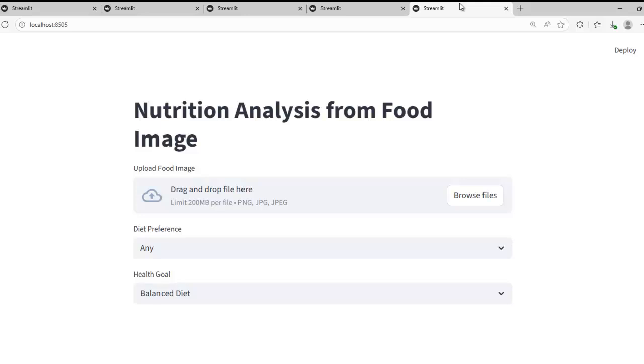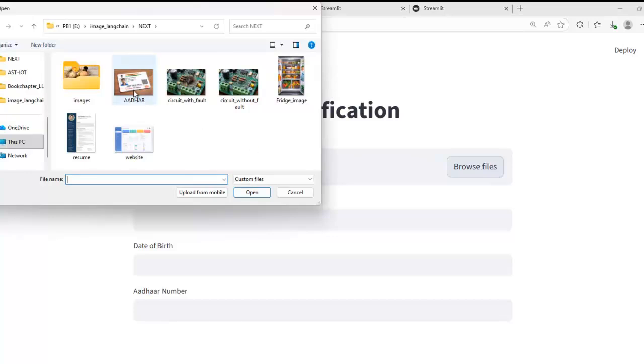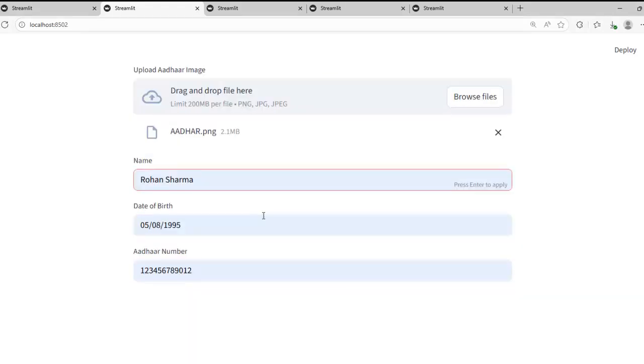So let's get started. Let's build our first application, the Aadhaar card verification application, and let's discuss the flow of the application that you can see on the screen. The user can upload an image of an Aadhaar card. The user enters basic details that need to be verified. First, the model visually inspects the Aadhaar card uploaded by the user.